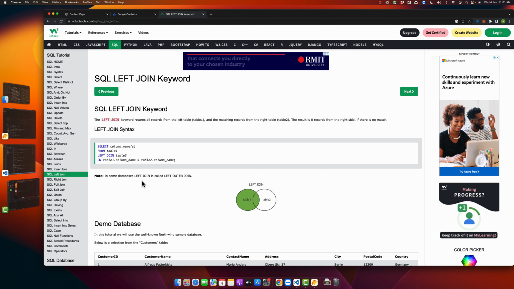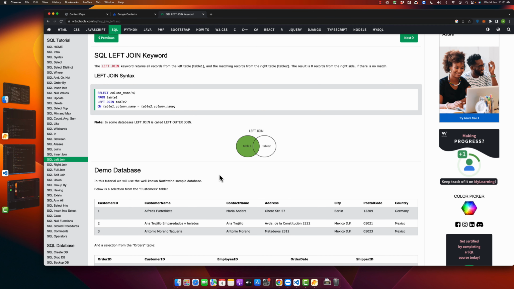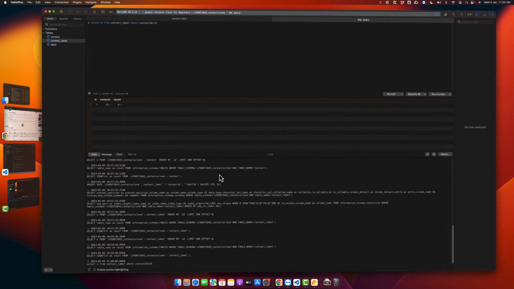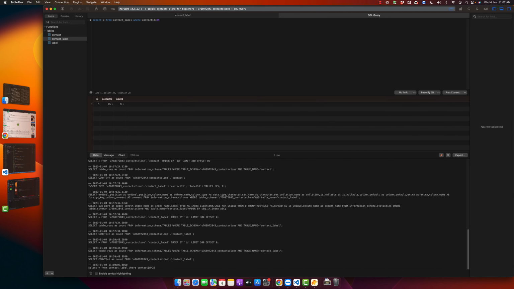So now I am going to use the left join like this. With the help of this, you can also see from the diagram that with the left join, you will have some part of the table 2 in the table 1. You can use it. So for example, here I want, so left join comes always before the where condition. So I will type